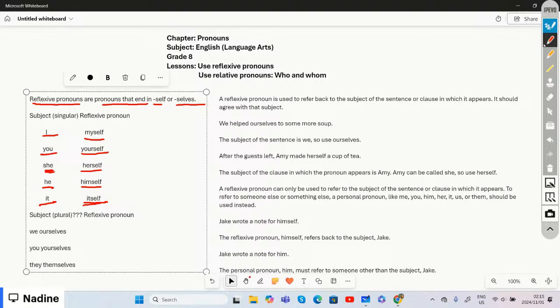And our reflexive pronouns. And like we said, these reflexive pronouns need to refer back to our subjects, and these are our subjects. This is just the subjects which is more singular, right? And these are reflexive pronouns, right? Which refers back to our singular subject, and that is why the reflexive pronouns end with self. Now